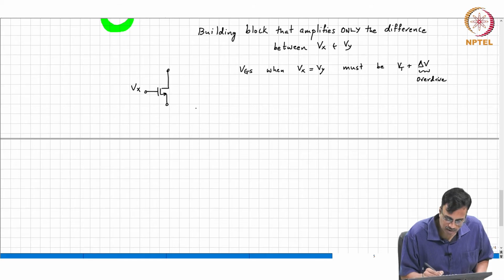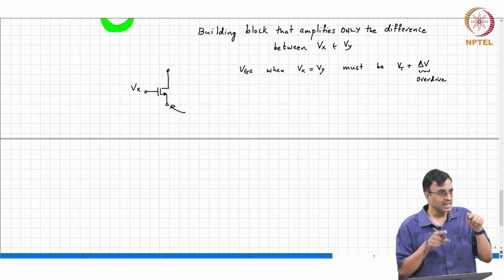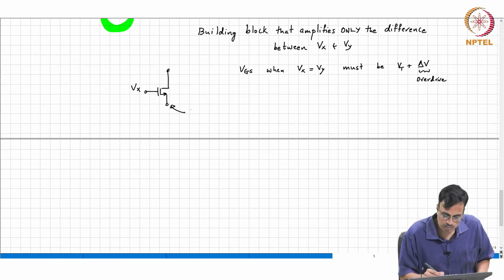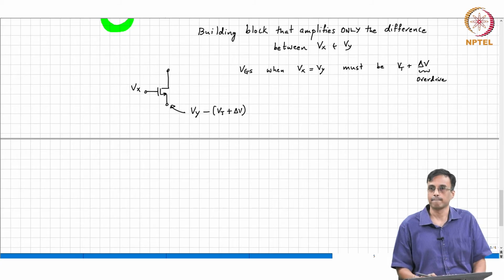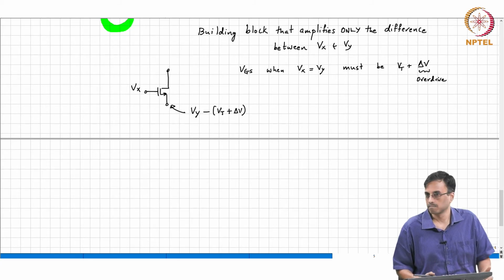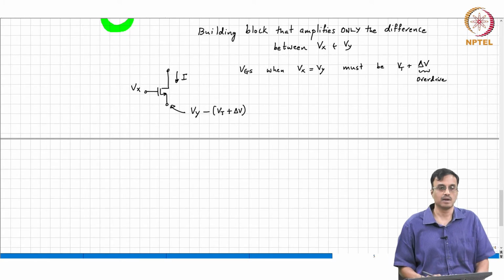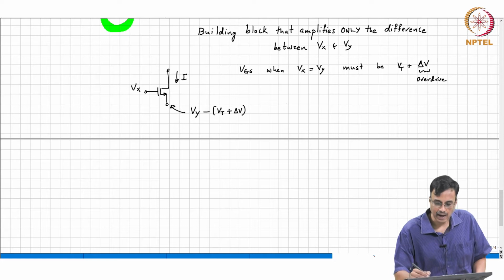So therefore, what comment can you make about this voltage? When Vx is equal to Vy, Vgs must be equal to Vt plus delta V. So, what voltage must we put at the source? This voltage must be Vy minus Vt plus delta V. Correct? Alright. So, under those circumstances, what comment can you make about the drain current of the transistor? I will be equal to